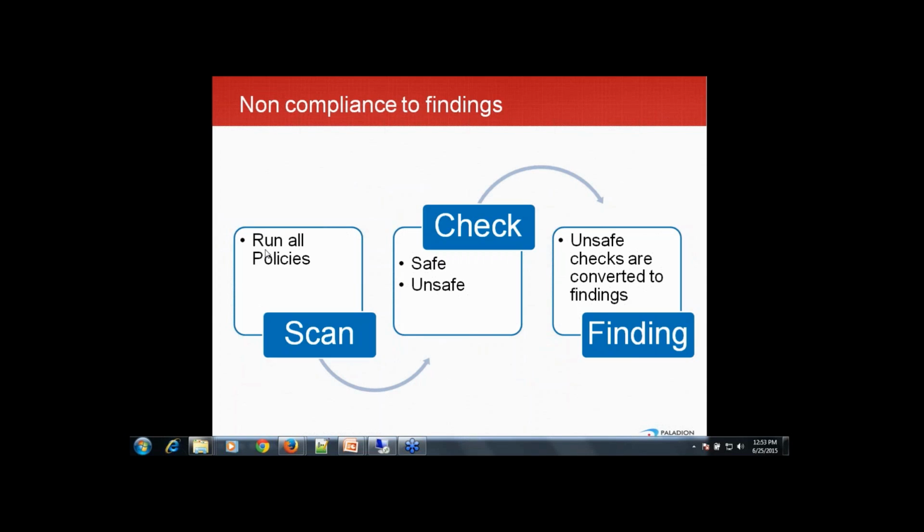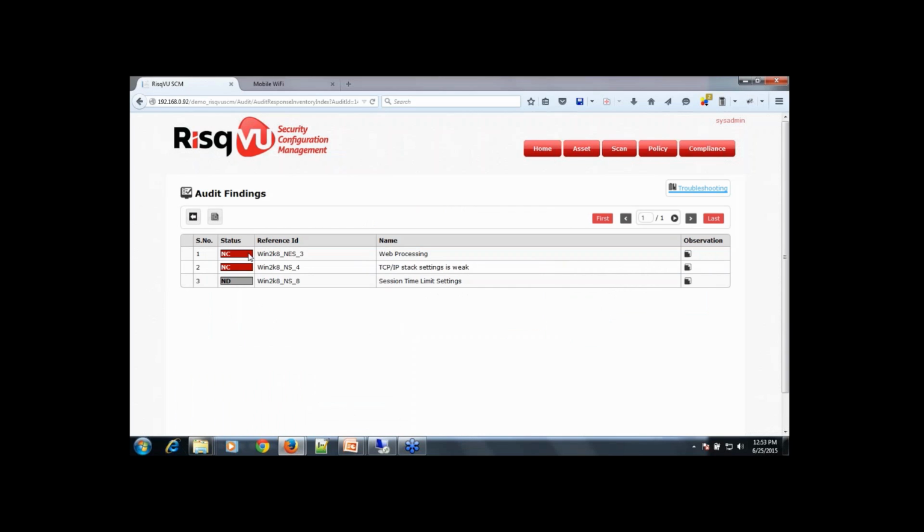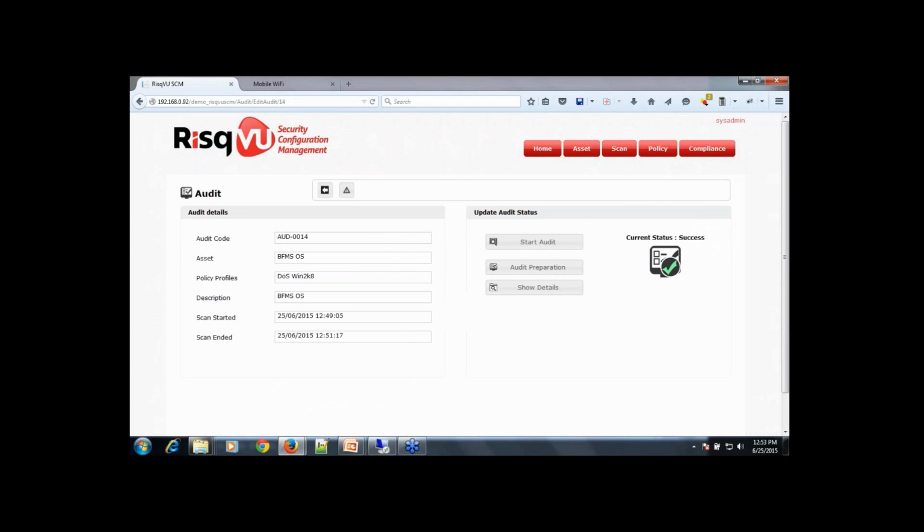So first we run all the policies and conduct the scan. Then for each policy we find out whether the setting was safe or unsafe. Now all the unsafe checks are finally converted to findings. When I see the system, I can see there are two non-compliant and one non-determined status. So I would just say prepare the audit.